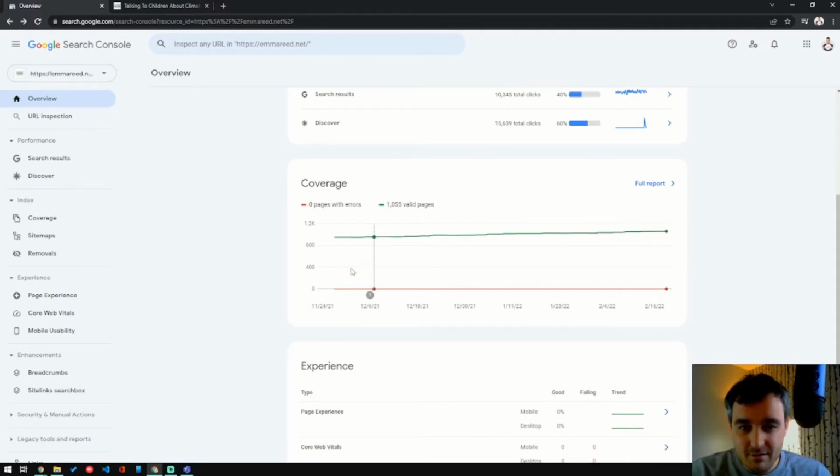What we have down here is the coverage. So your coverage is talking about the number of pages that you've got on your site. Okay, so here we've got 1,055 valid pages. If you had any pages with any errors or anything like that, then they'd also appear in here. And this is where Google Search Console can be really powerful in telling us any problems or issues on the site. Now, Emma is very diligent about this kind of stuff, so we have no errors on this site whatsoever,